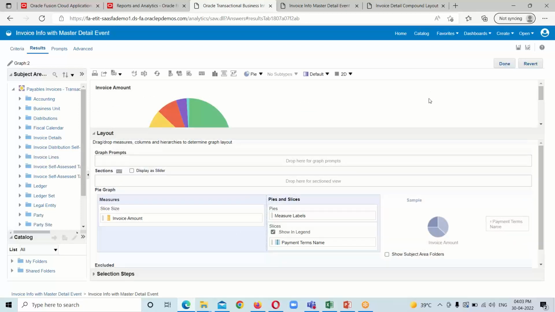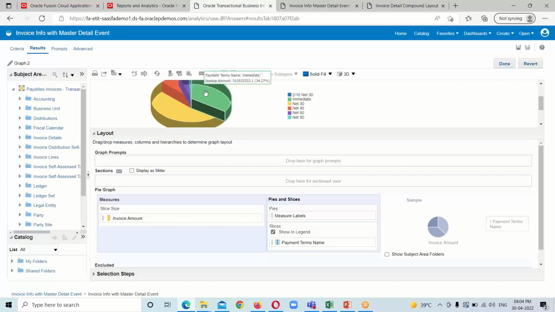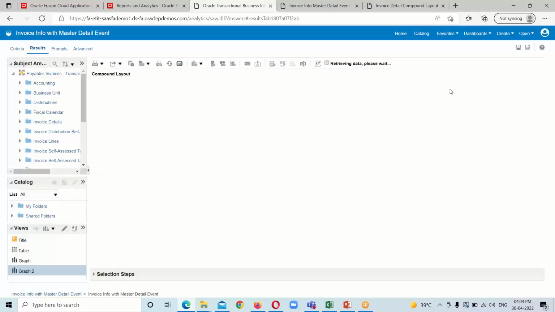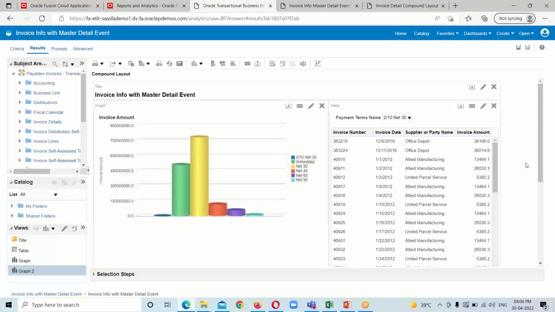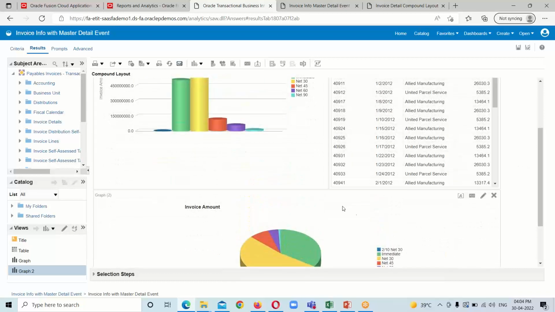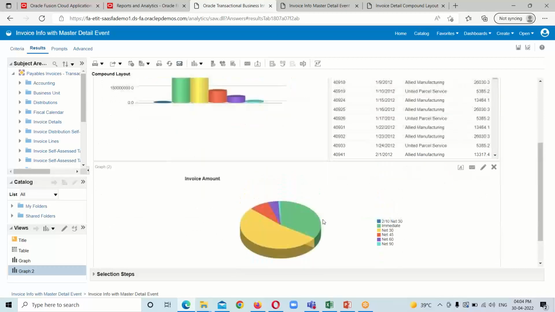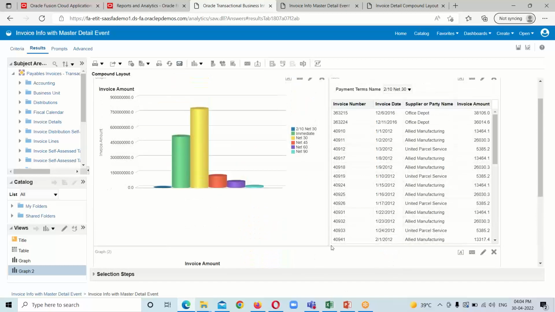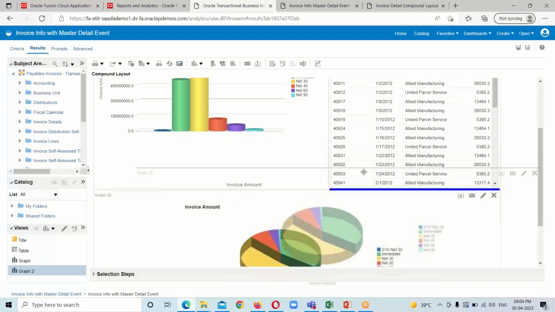So here we can see the nice looking pie chart over here, and in effects I'm going to also provide the effect for this pie chart as solid fill, and I'm going to select this 3D option so that we'll be able to see some nice looking pie chart in our analysis. After applying all these things, click on done option, and here we have implemented another master view in our analysis, which is the pie chart. So move it up over here,